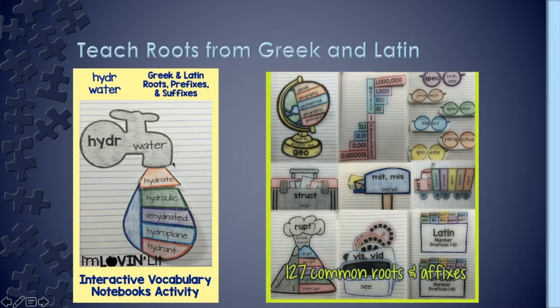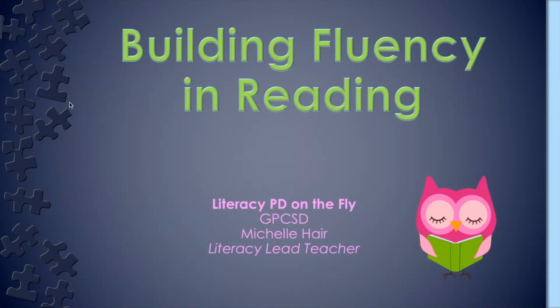If you're dehydrated, if you know that hydro means water, and you know de means to take out, you're going to know that dehydrated means that the water's been taken out of you or you're missing water. So to recap some of the important ideas,